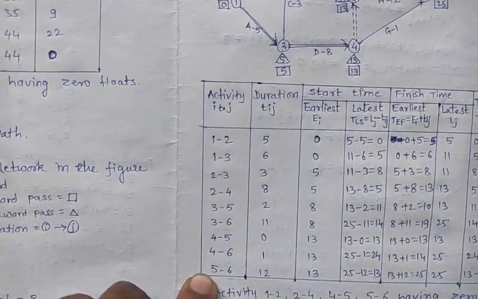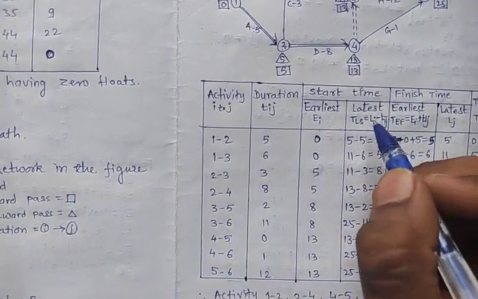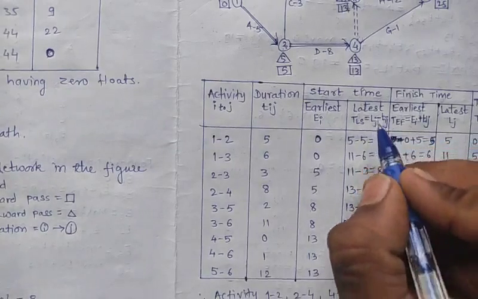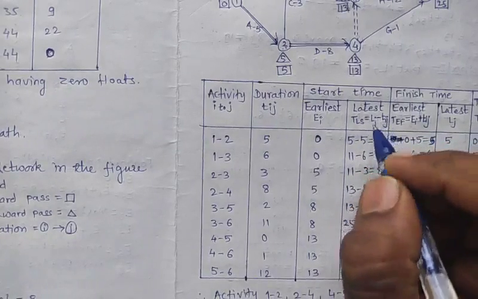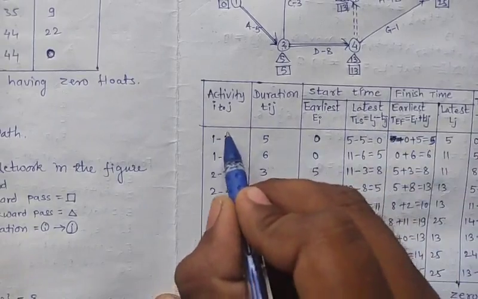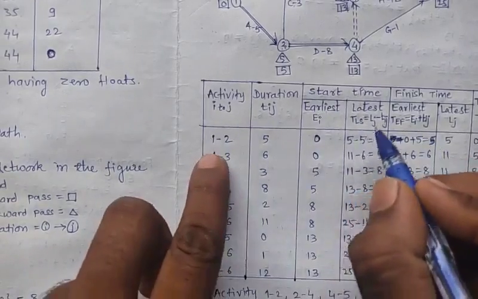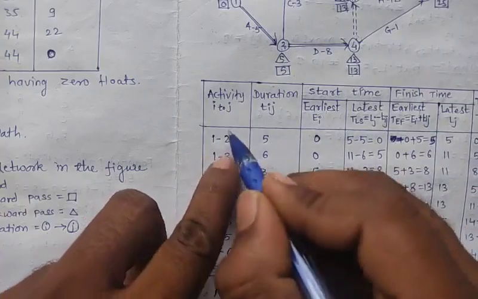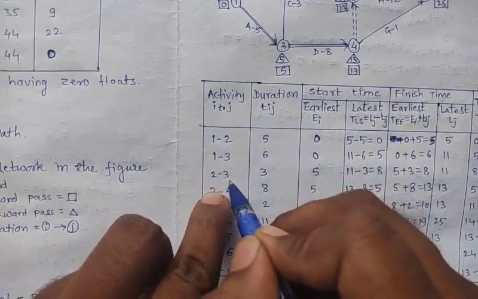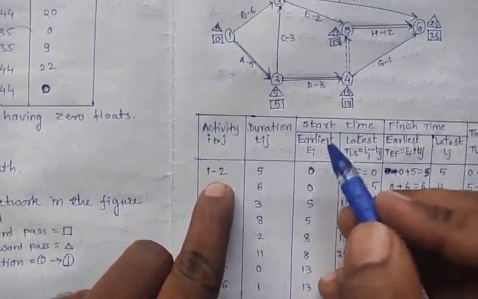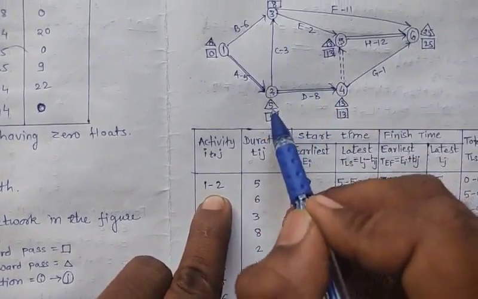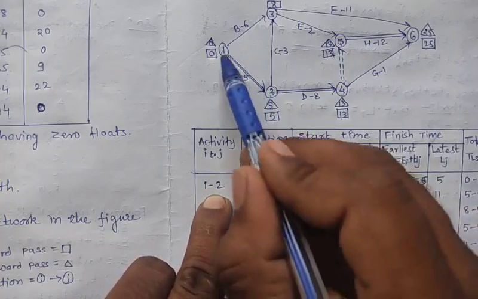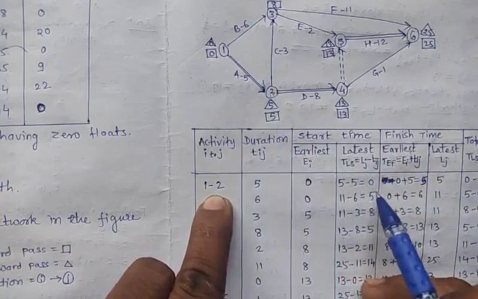Next, calculate the latest time. Now to calculate the latest time, its formula is Lj minus tij. So this is the ith event, this is the jth event. So Lj, this first value is of the jth event. Okay, means calculate L2, L3, L4. So L2 has value 5 minus this distance, 1 2 is 5. 5 minus 5 is 0.